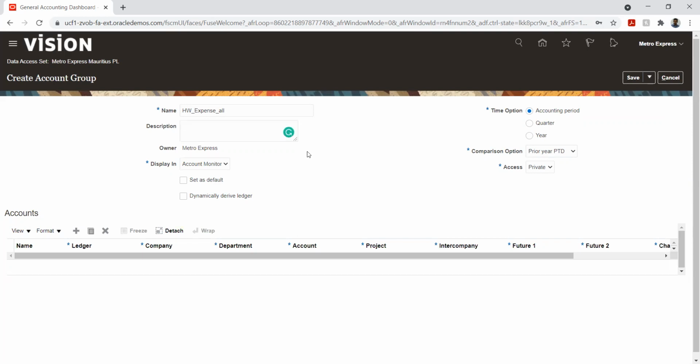Okay, so I have given a naming convention for this, and we can see this is Metro expenses. This is based on the login it has been picked up, and here we have different options. Whether I want to display this particular parameter that I'm giving in for account monitor or allocation, or whether I want to see only for the expenses, I can select accordingly. So for now, what I will do is click account monitor because I want to see the balances or the change in balance in my account monitor.